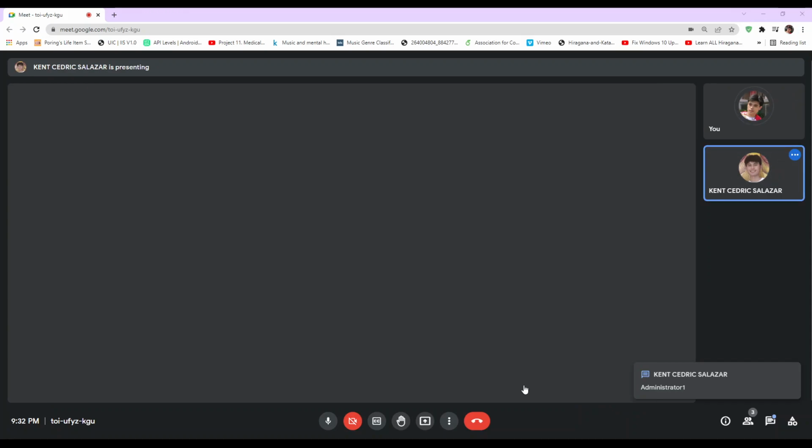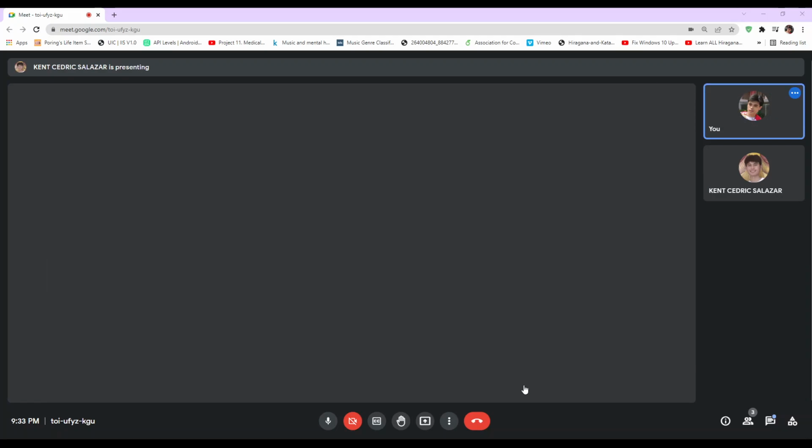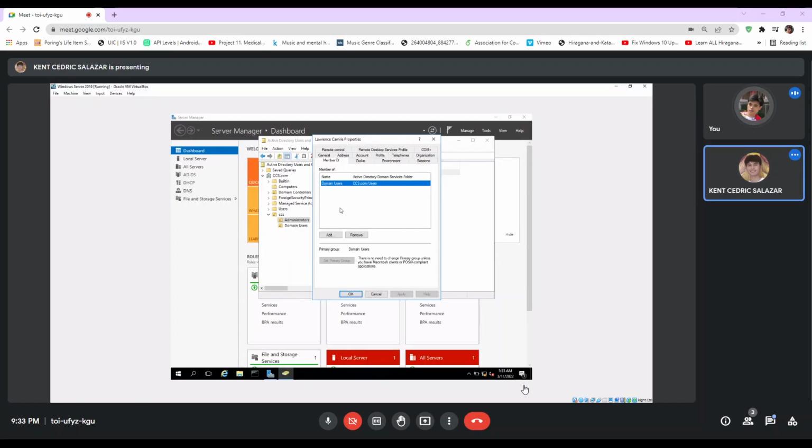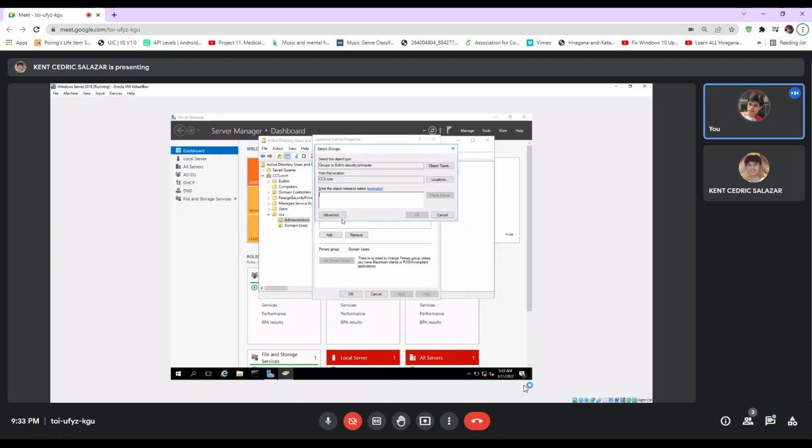We can go to the member of tab of the user object here, and we can see that it's just part of the domain users. Now, to make this account a domain administrator, we need to add the domain admins membership. And the way you do that is by clicking on the Add button. Now we just need to type in the object name, domain admins,